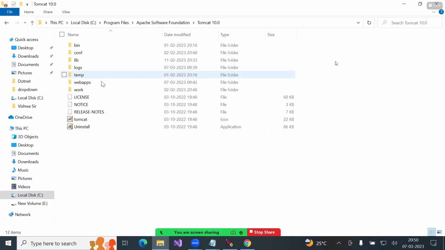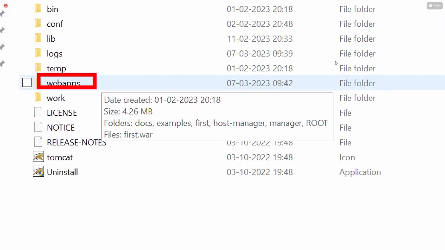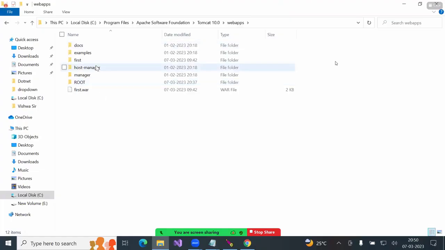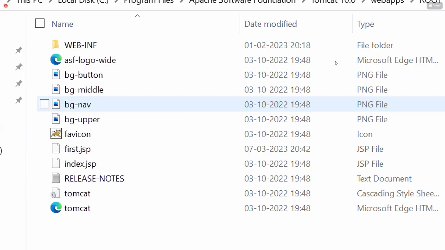Now, in the webapps folder, your applications are going to be stored. If you deploy with a war file, it is stored here. Without a war file, if you deploy, it will be stored here, in the ROOT folder. Now here,